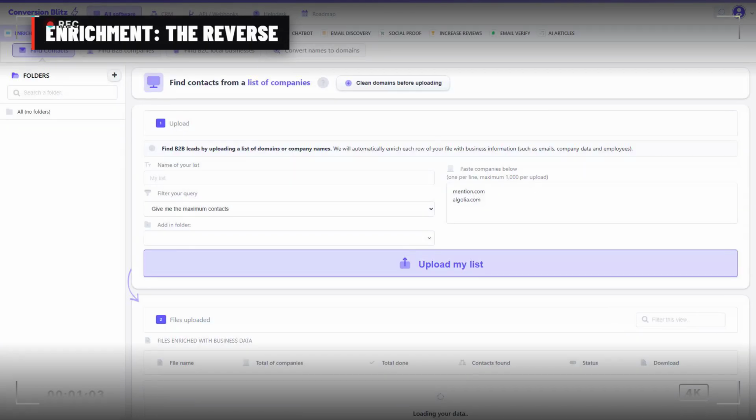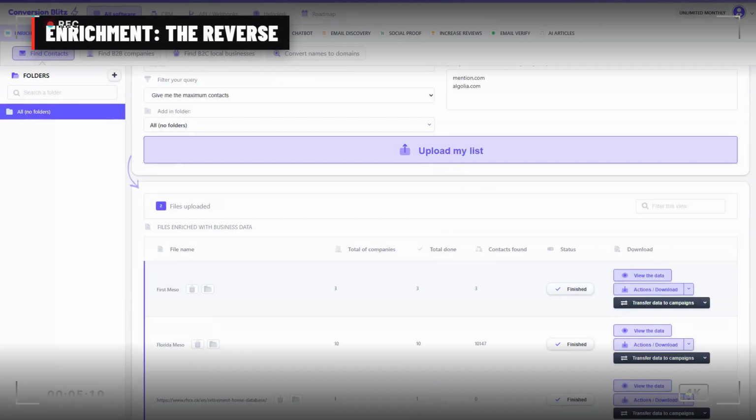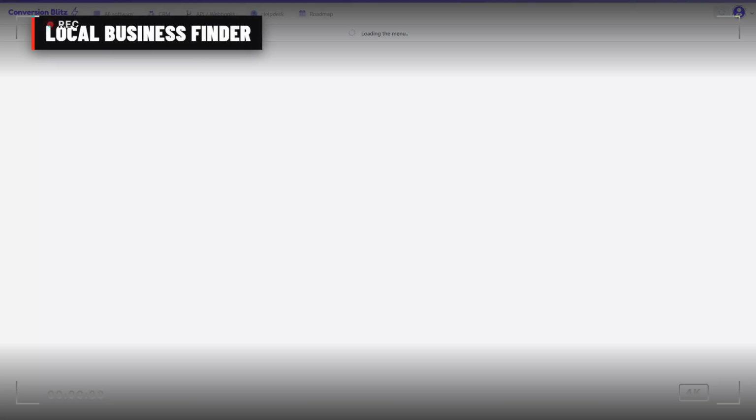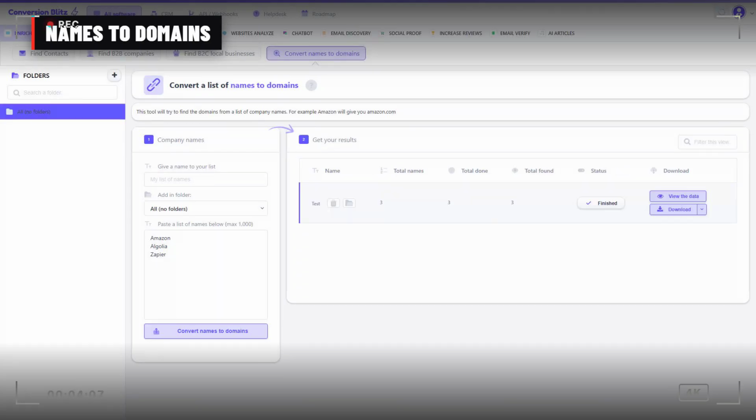The enrichment module works the other direction. You start with a company, and it hands you back the people and the data around it. There is a local business finder in there too. Pick a category and a location, and it builds you a prospect list from scratch. And company names to domains. If you have a list of company names but no websites, this fills the gap so the email finder has